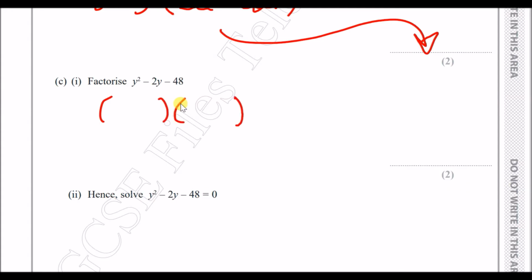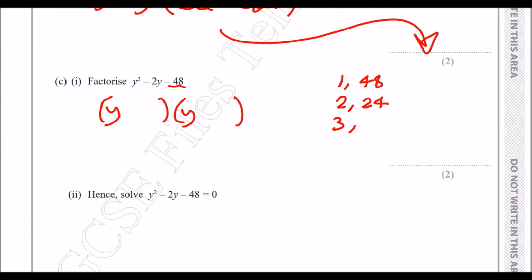Now to solve this, all you've got to do is ask yourself, what two things multiply to make y squared? Well, it's y times y. That's always the default. And now we ask ourselves again, what two numbers multiply to make 48? So let's list that up here. You've got 1 and 48. You've got 2 and 24. You've got